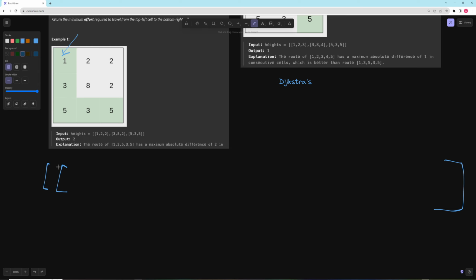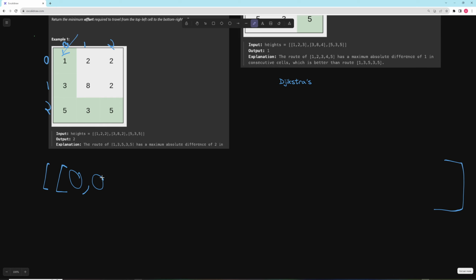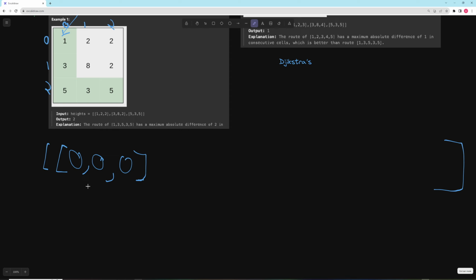So we're going to start right over here, 0. And it's going to have the row and the column. So we could also label these as 0, 1, 2. So essentially we start at 0, 0 first, right? Because we want to have a heap, and we want it sorted by the effort. So the effort's going to be 0 at first. Okay. So now what we're going to do is we're literally going to pop, and then we're going to try